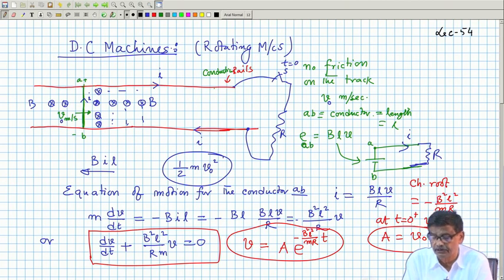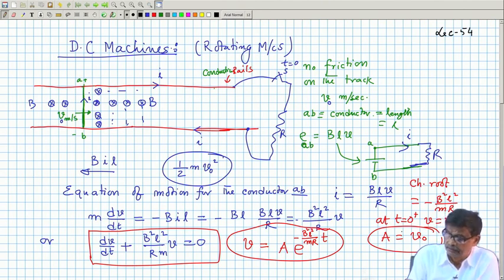As expected, velocity will decrease progressively, and A is equal to V naught. And you can verify that the total energy loss